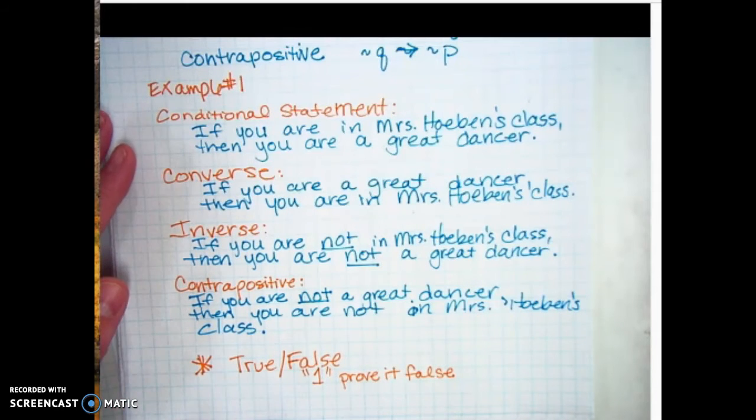So if you were given the conditional statement that says, if you are in Mrs. Hoban's class, then you are a great dancer. Is there anyone in here who might care to admit that they are not the best dancer? Thank you. Right? So all you need is to come up with one example of who is not a great dancer, and then